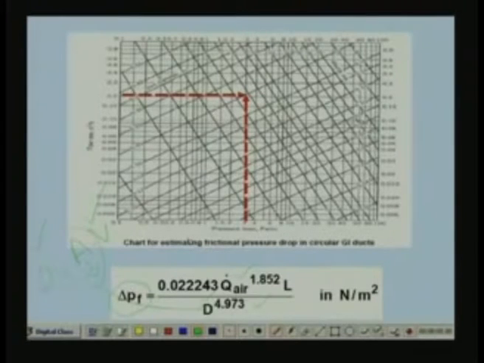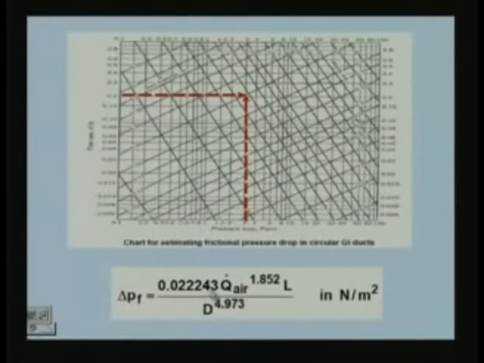For example, in the friction chart, if you remember, this was discussed in the last lecture, we have the frictional pressure loss per unit length on the x axis, flow rate on the y axis, and different constant velocity lines. These are the constant velocity lines. So, once you select, let us say, the velocity, and if you know the flow rate, then you can find out what is the frictional pressure drop per unit length. So, this is the third step in the velocity method.